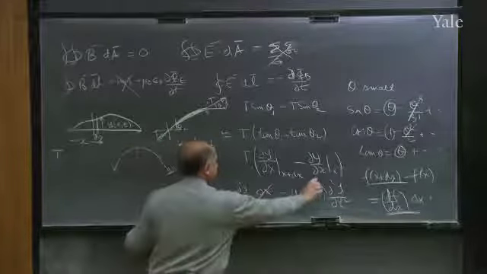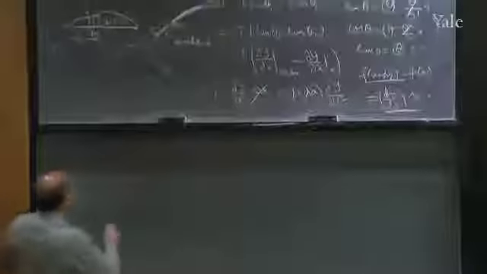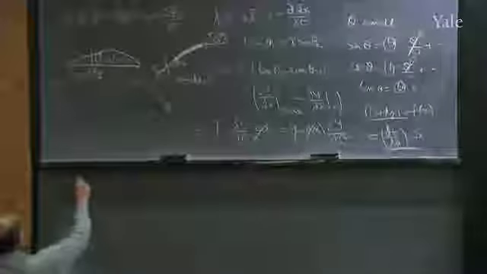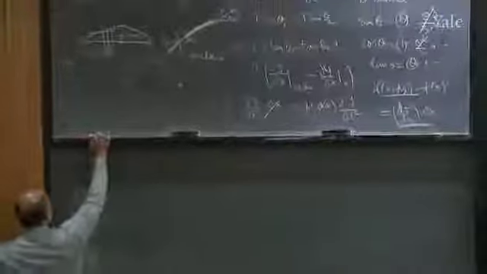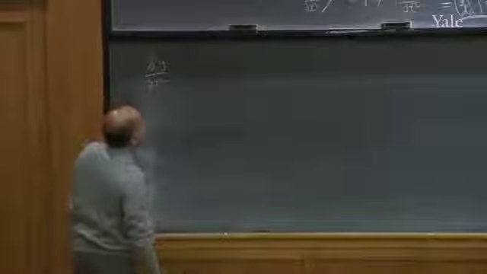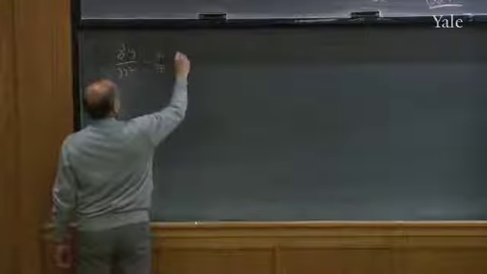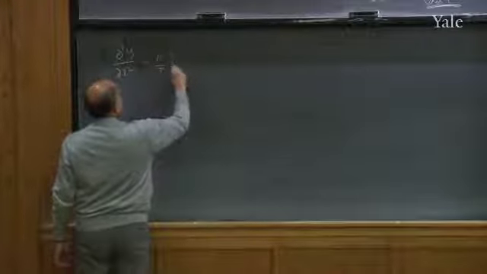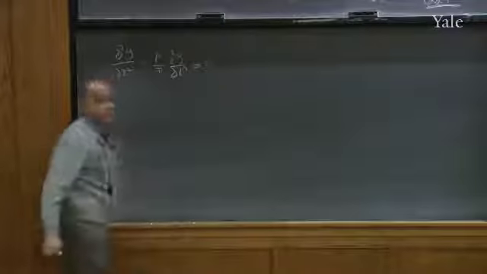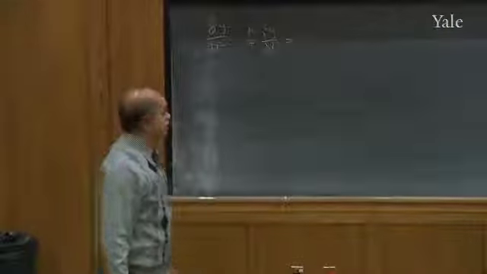Canceling the delta x, we get this wave equation, which says d2y/dx2 minus mu over T times d2y/dt2 is 0. And that's the origin of the wave equation. Anytime you get something like this,